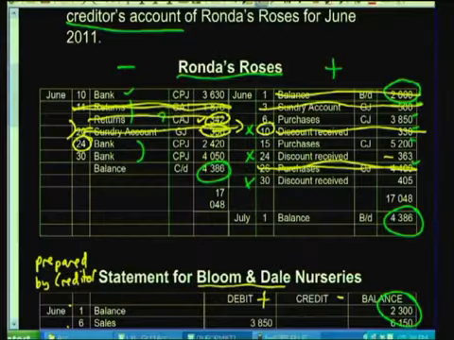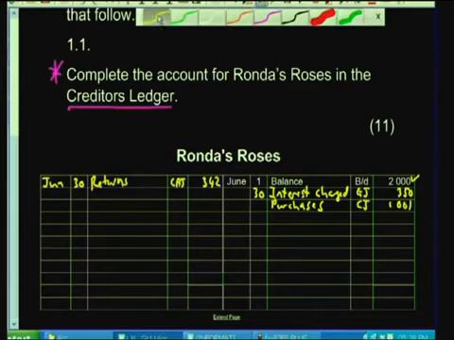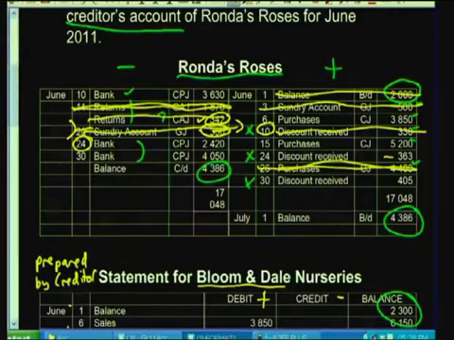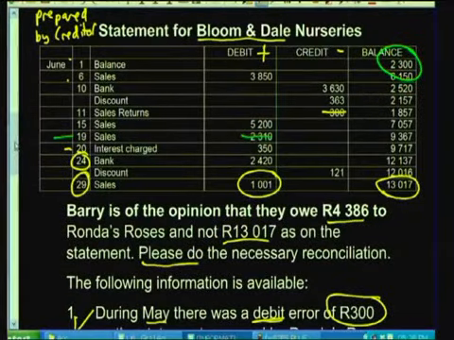So 2,420 Rand. Let's go back over here. Just going to make that entry quickly. That was bank, CPJ, 2,420 Rand. So we know that we are right and Rhonda's Roses is wrong. So let's get rid of that amount of 2,420. Now we have to, of course, account for the mistake that Rhonda's Roses have made. So we can see that they've made this mistake over here, which I'm going to